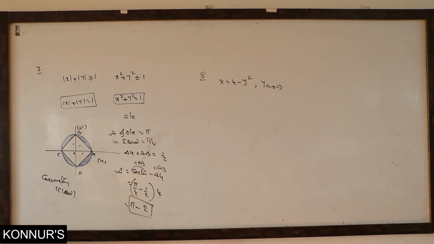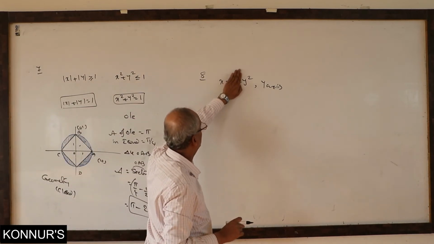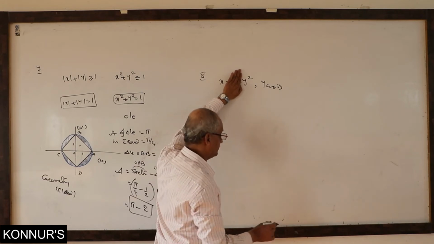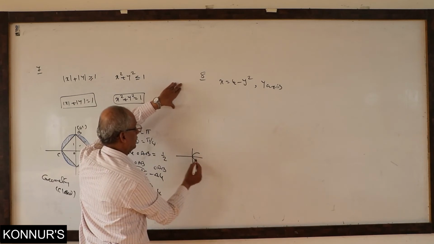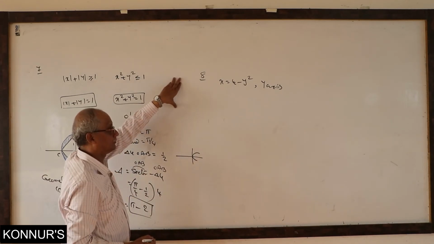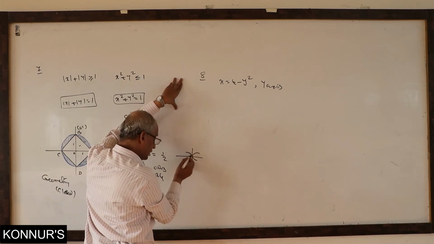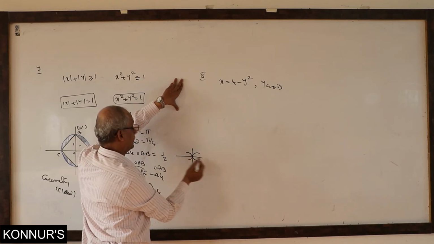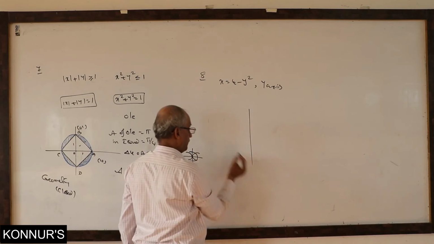Particularly here, the diagram is very important. Graphical transformation is involved. We know about x equal to y square, meaning y square equal to x. What does y square equal to x mean? This is y square equal to x. Minus means this one. Plus 4 is extra, going here. Therefore it will come like this. Now see the graph.